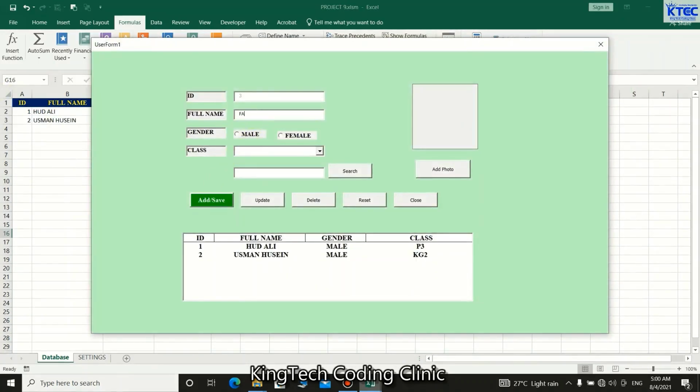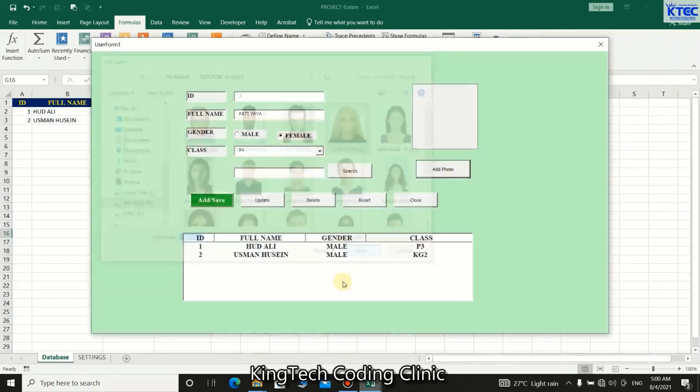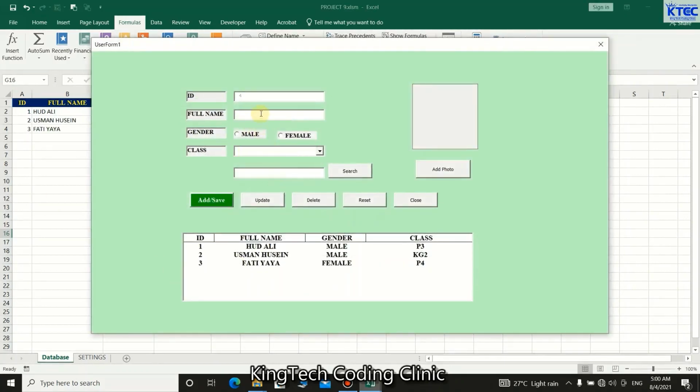Fatty. Okay, so she's a female. Class P4, and then you add a picture, you choose this, and then that, and then add and save. Okay. Now another female here,